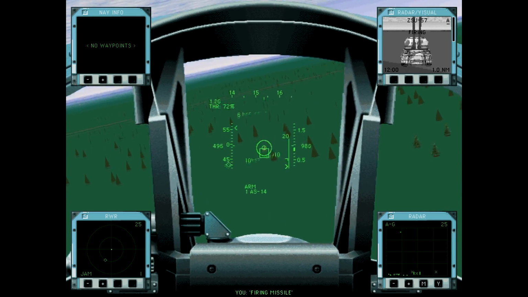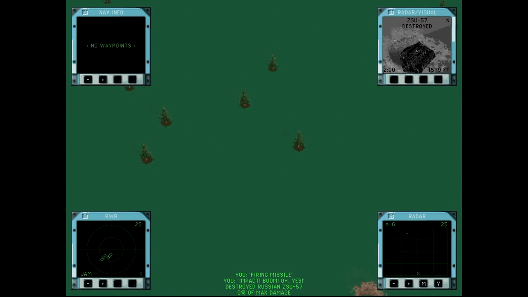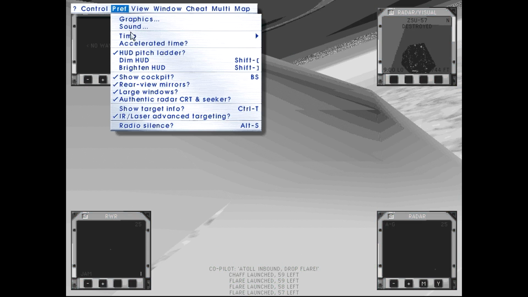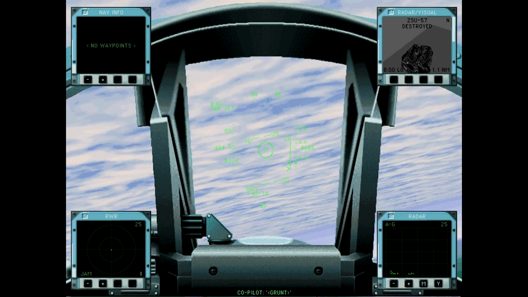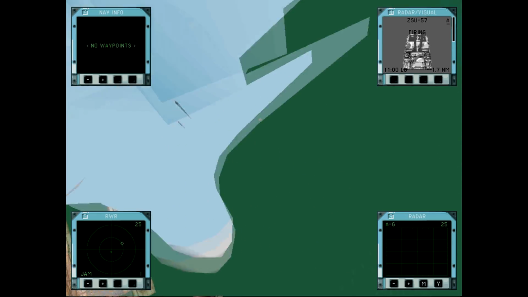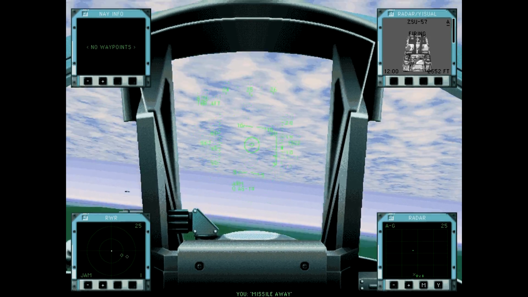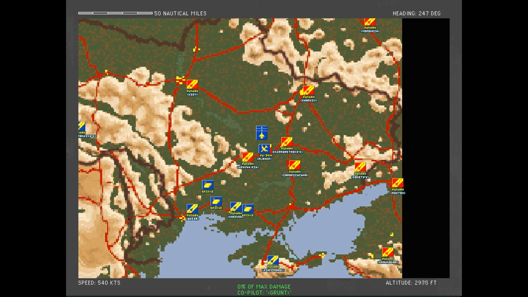And we have some Ukrainian air defenses here. Boom. That's more what I would expect from that missile. Actually, let me check something real quick. Oh, we do have rear wheel mirrors enabled. I guess this cockpit just doesn't have it for some reason. And with that, that's the mission. So we could probably head